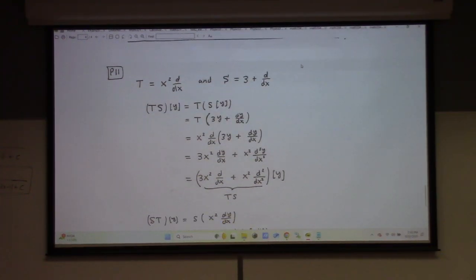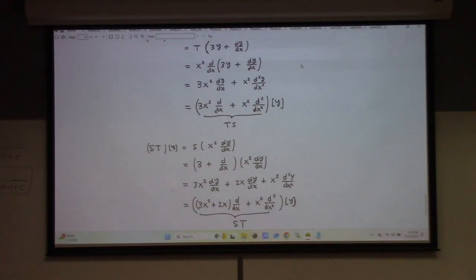And this one, we just have to work it out, right? Like TS acting on Y gives me this, which then if I factor the Y out, I've got like a 3x squared d/dx plus x squared d squared/dx squared acting on Y. On the flip side, when I do ST acting on Y,